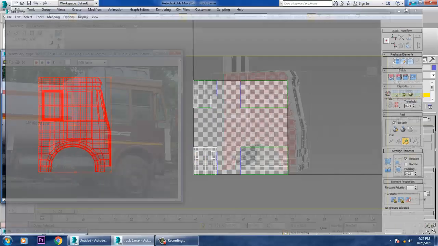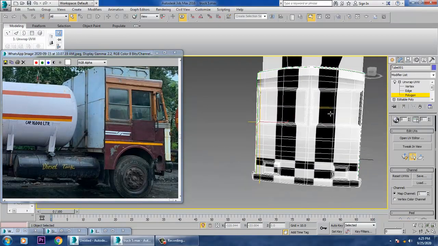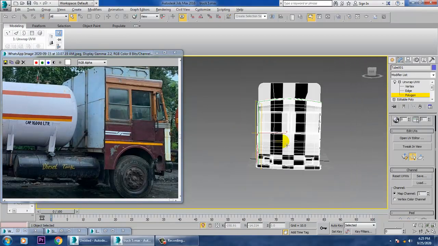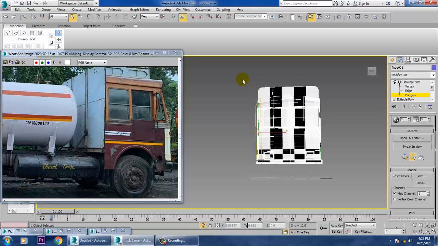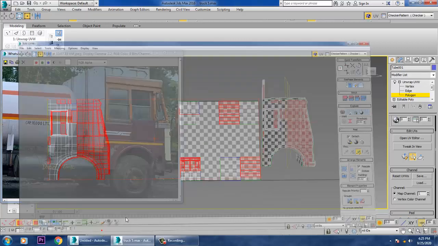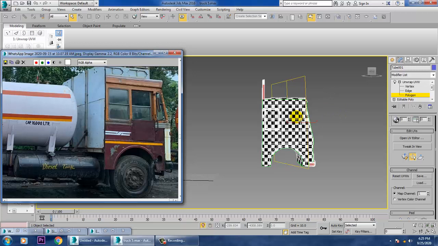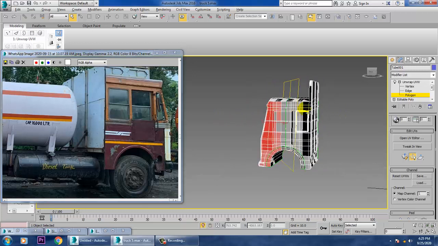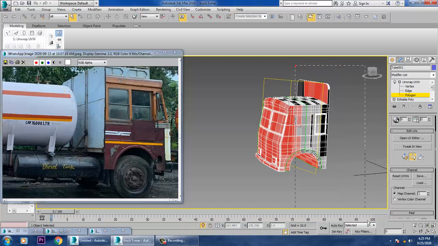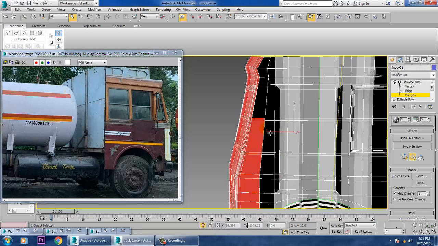After that, same thing, we'll select the front part over here. So the front section part, just select the front section part over here, exclude this. Exclude this, exclude this, exclude this, this.